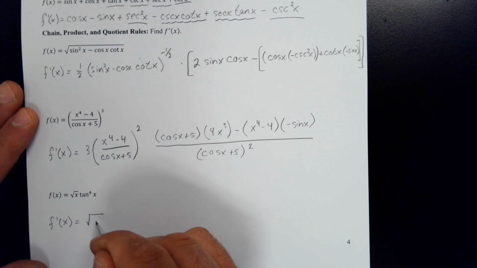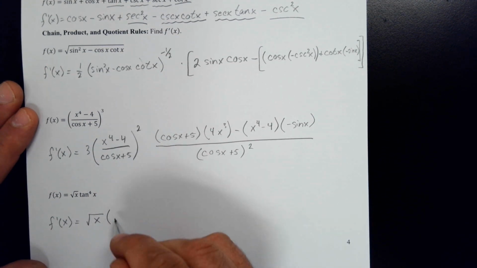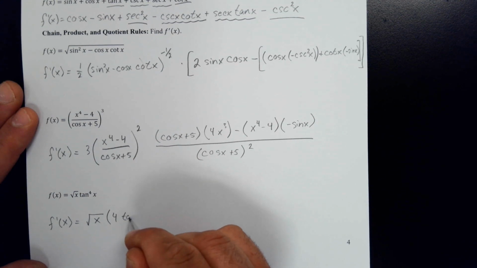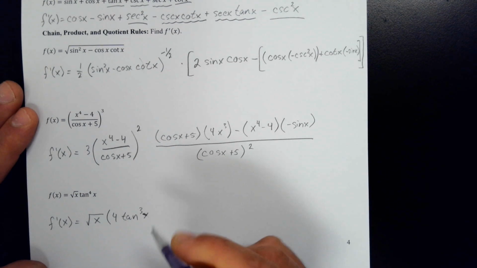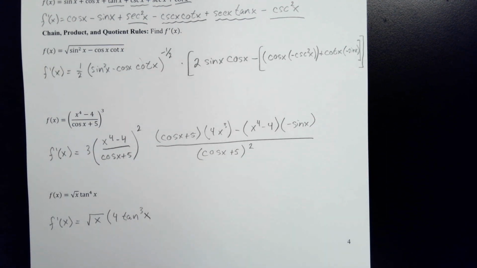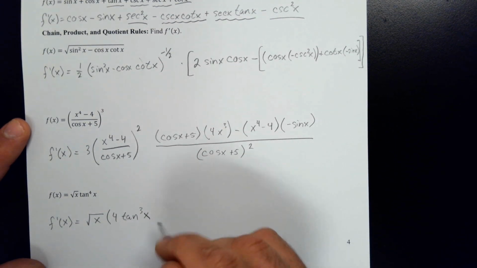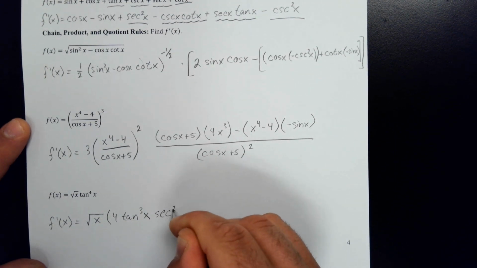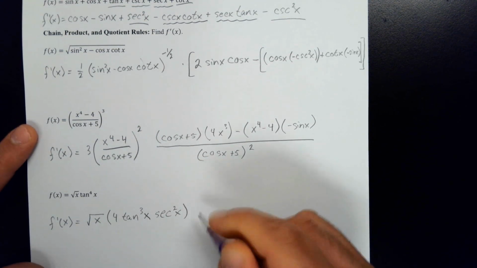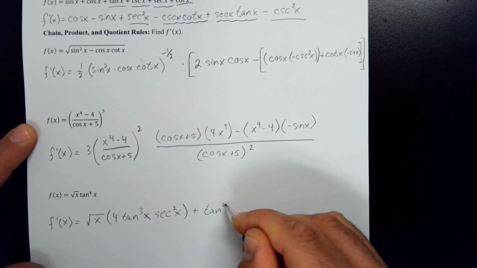So I'll leave the square root of x alone, and then I need to multiply by the derivative of tangent to the 4th x, which would be 4 tangent cubed x. So I brought the 4 down, changed the power to a 3, and then I need to multiply by the derivative of tangent x, which is secant squared x, plus, then I'll leave the tangent to the 4th x alone,